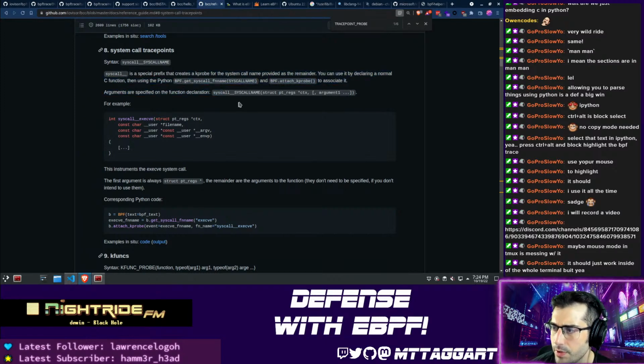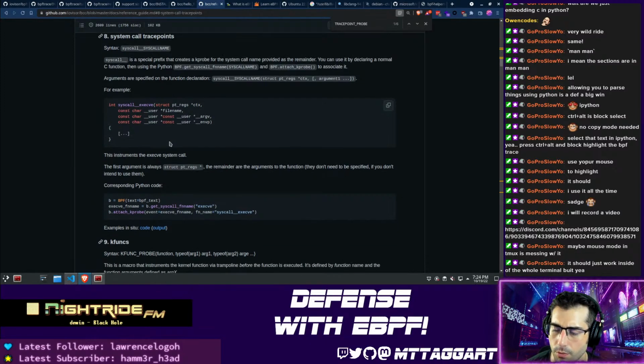Kprobe for the system call provides the remainder. You can use it by declaring a normal C function using Python. Right, but